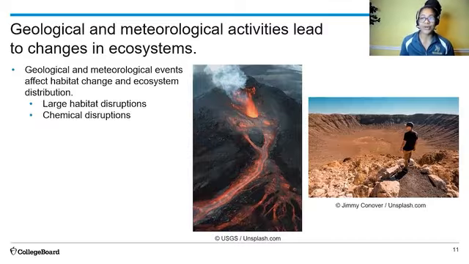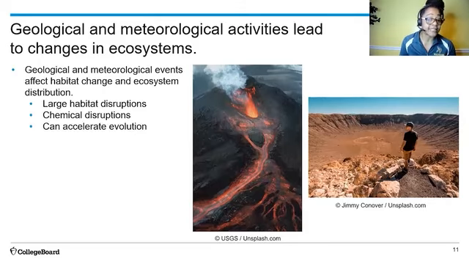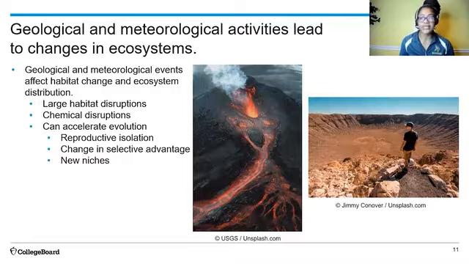We can definitely understand how a huge meteor could disrupt an environment upon impact, and large volcanic eruptions can devastate habitats in the area. They also emit a tremendous amount of chemicals into the environment that can shift atmosphere contents and other ways that organisms access key nutrients from the environment. And they can accelerate evolution by wiping out organisms and leaving the ones left behind to occupy those niches. So these events definitely can cause dramatic impacts and changes in the environment.